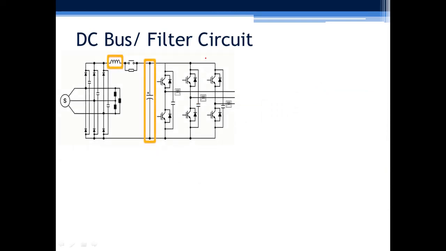Then the next part is DC bus link. This DC bus link will act as a reservoir for this inverter. That means in order to get the constant voltage, constant frequency here, it is expected that the DC link voltage should remain constant. So this DC link voltage should remain constant, and that will be maintained constant by using this DC link capacitor.